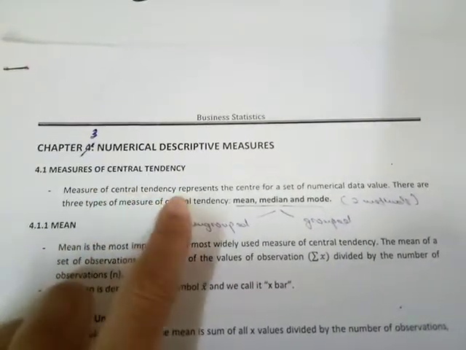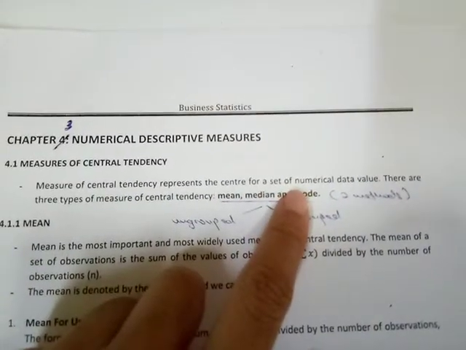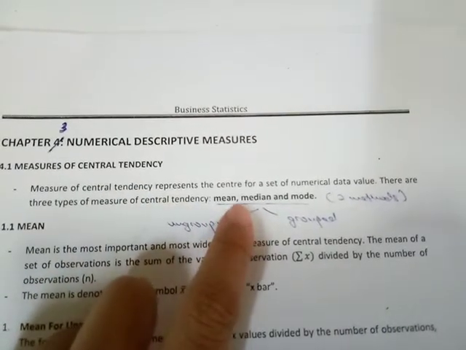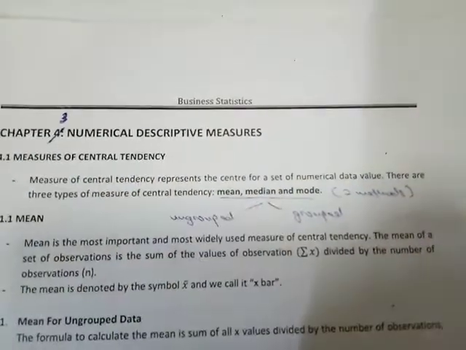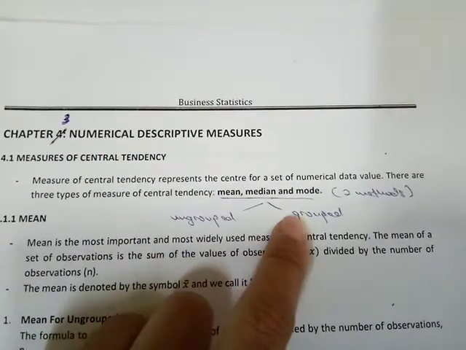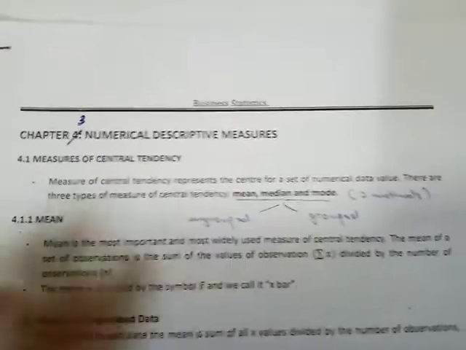Okay, measure of central tendency represents the center for a set of numerical data values. There are three types of measure of central tendency, which are mean, median and mode. Okay, mean, median and mode. To calculate mean, median and mode, we have two methods, which are ungrouped data and grouped data. Okay, so for mean